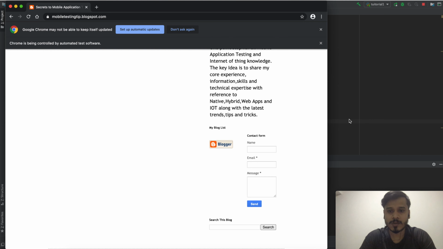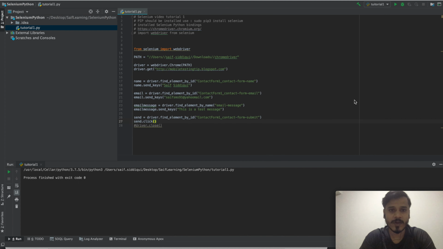but now the session is still active, so I just want to close all the sessions which I have created. So in order to close the session I will just remove this and I will see if it is closing the browser or not.